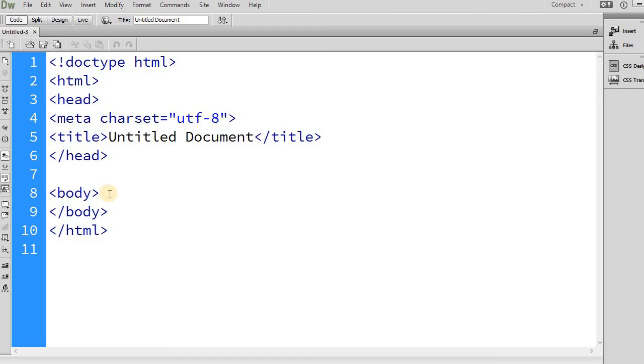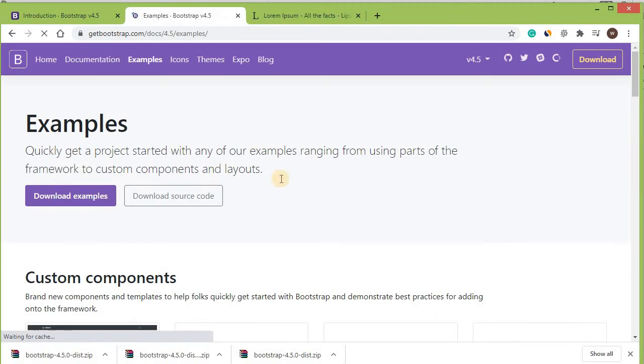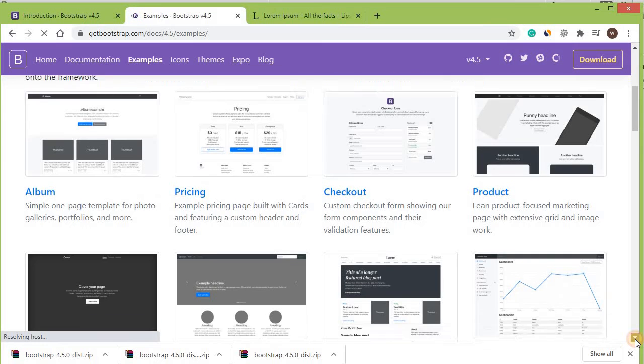I will go to the Bootstrap website, and from here I will download one example just for your understanding. To download the example, I will click here. Let me show you some examples. These are the examples. You can also use these examples,